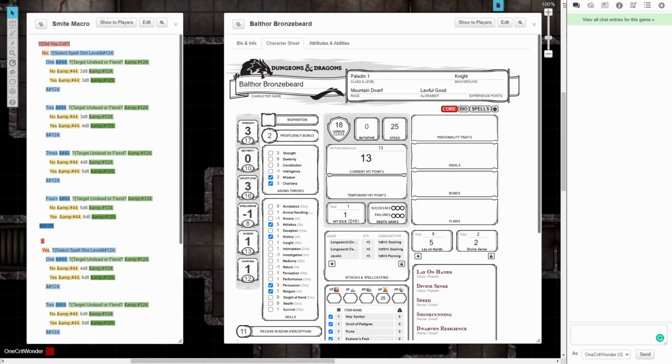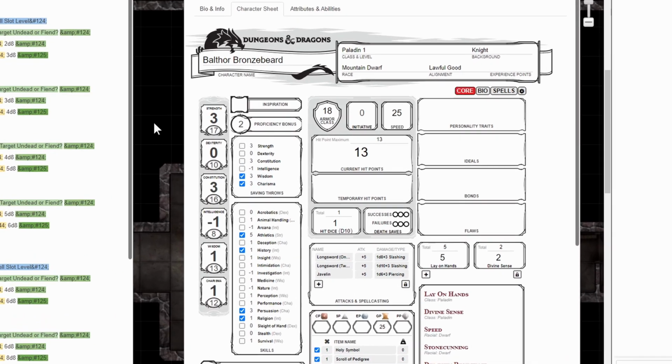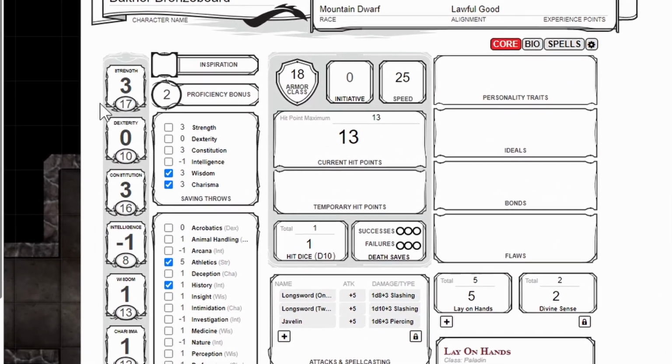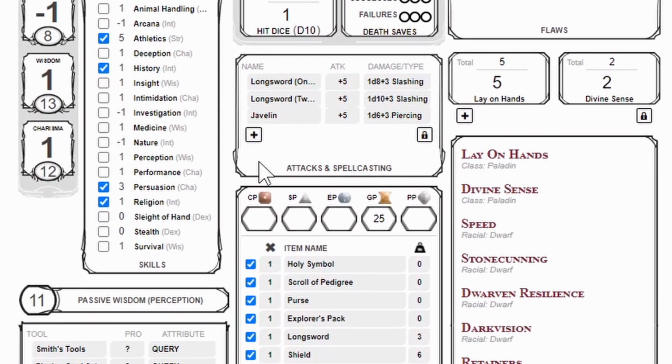You can find the text for this macro down in the video description, and despite the fact that it is quite lengthy and looks rather complicated, it's honestly just a matter of copying and pasting into your character sheet. So go ahead and copy the text from the video description, open your Paladin's character sheet, and go into the center middle of the sheet